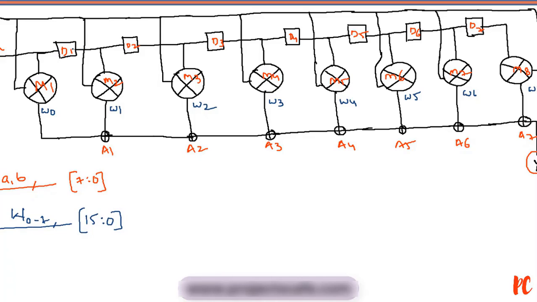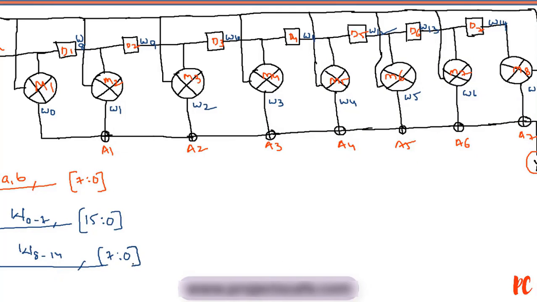Let me name the wire at the output of D1 as W8, W9, W10, W11, 12, 13 and 14 as well. And we know that the input for this D1 is nothing but A, which is of 8-bit. So with a certain delay I am going to get the same output. So the bits remain the same. Thereby I am considering the values from W8 to W14, which are of 8-bit, nothing but 7 down to 0 as well.